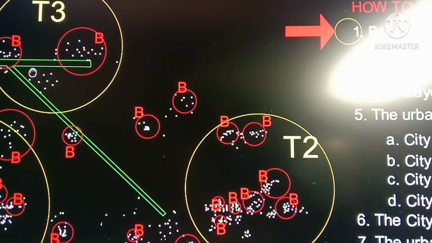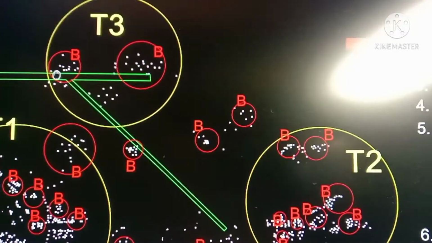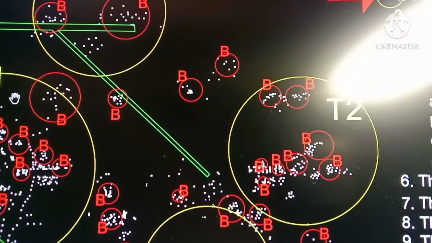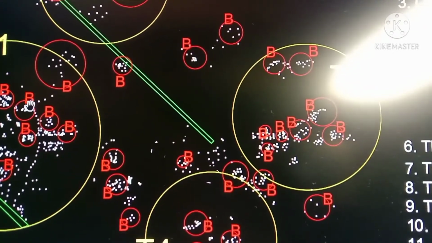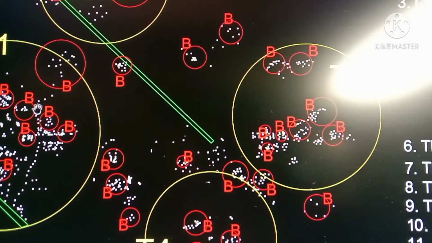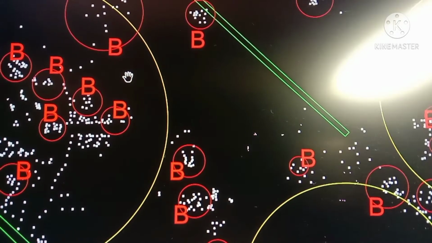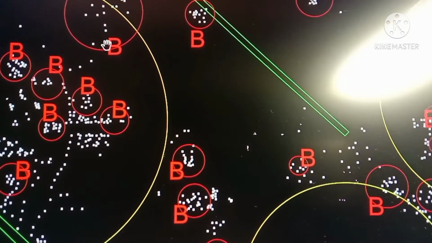Okay, how does a city become a city itself? Because of groups of barangays and towns. Okay, for example, for this one, T1, meaning town 1. Let's assume this is town 1, as I encircled. This town 1 is composed of groups of barangays. So the letter B enclosed is composed of different groups, a lot of barangays.